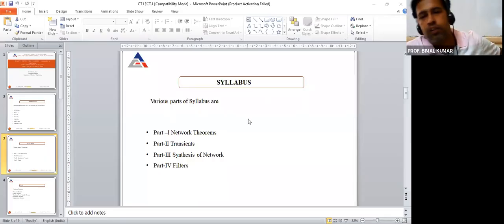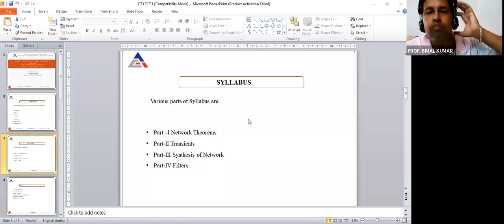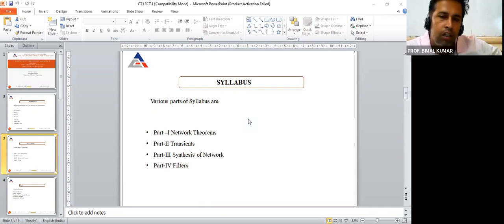So these are the 4 parts of the syllabus. Part 1, network theorems. Part 2, transients. Part 3, synthesis of the network. And part 4, filters. In part 1, we will just start with the basics: Ohm's law, Kirchhoff's law, resistances in series, resistances in parallel,